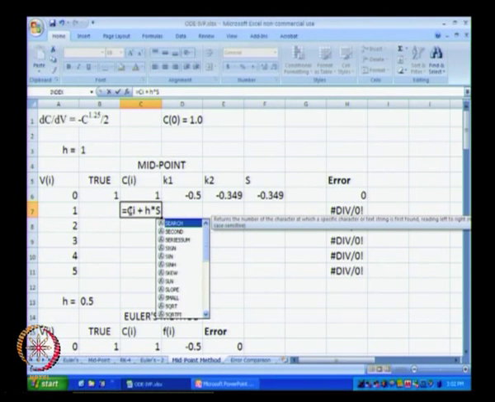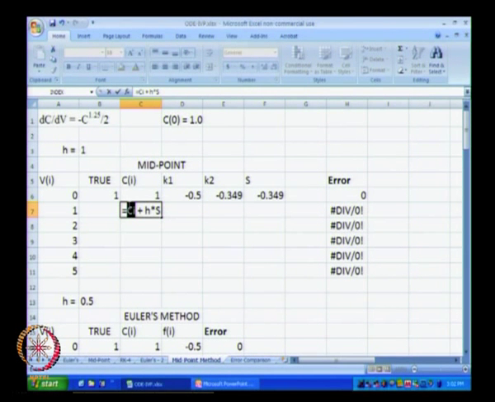And now what I will do is I will replace Ci, h and S with appropriate values. So, Ci is this particular value, our h step size is the value in this cell, and our slope is the value in this cell. Okay. And as we have been doing all the time, I will put the dollar signs over here to represent that as we drag and drop this particular quantity, this h should not change.